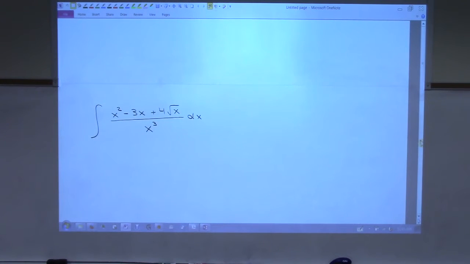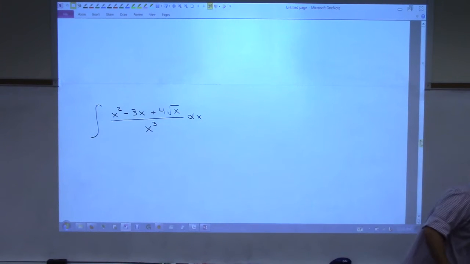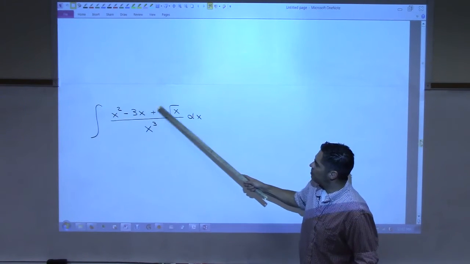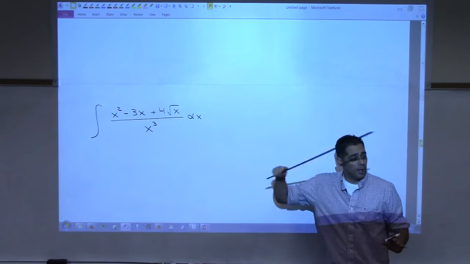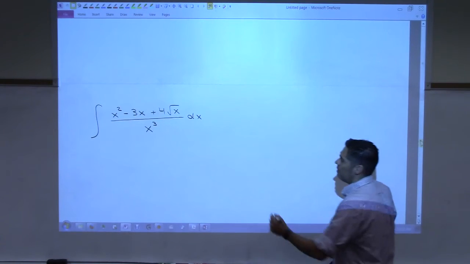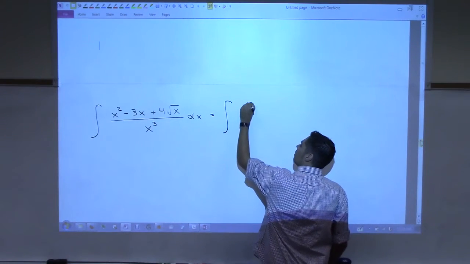Split it up. Very good. You do not try and do this by just doing each one separately. You don't just do the antiderivative of this, this, this, and this all separately, because you have a quotient there, and it just doesn't work that way. The best you can do right now is to split this up into 3 separate terms,